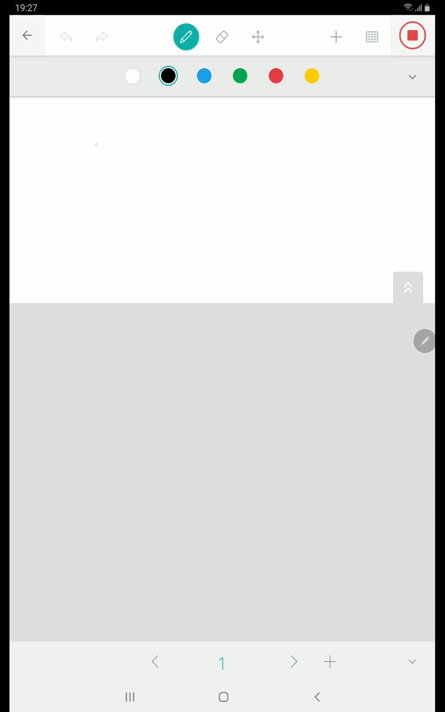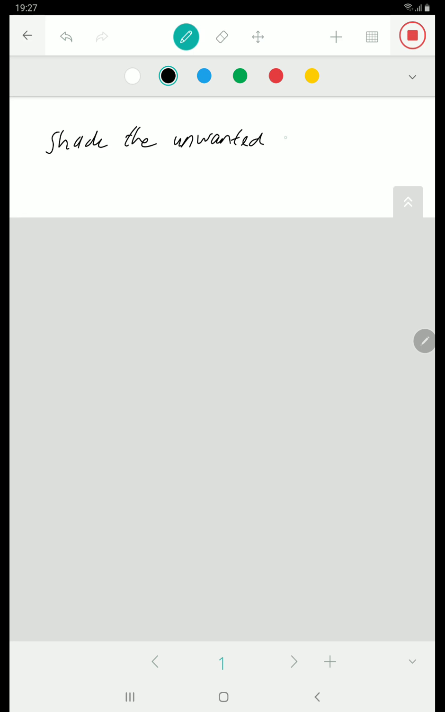For IGCSE syllabus, the linear programming topic that we learn is about shading the unwanted region. Okay,